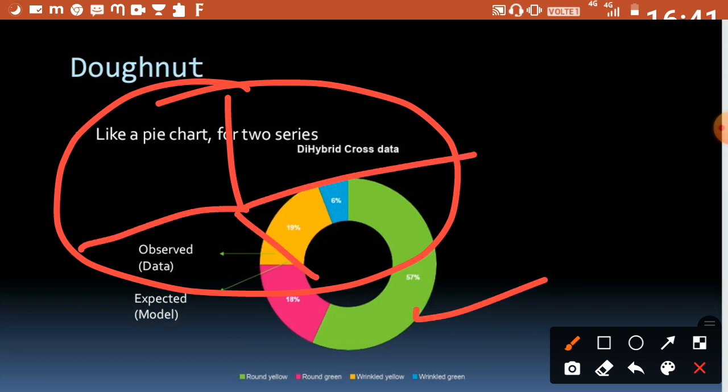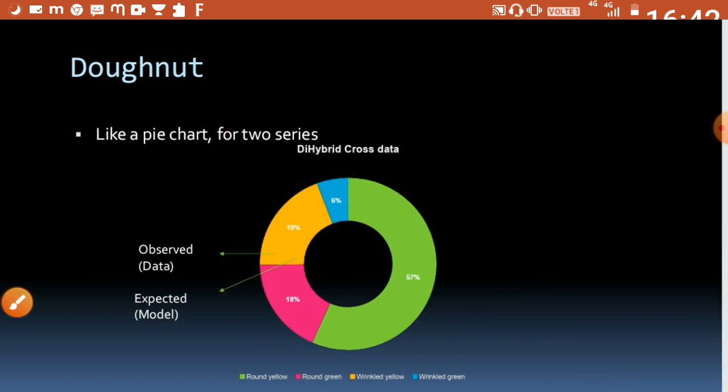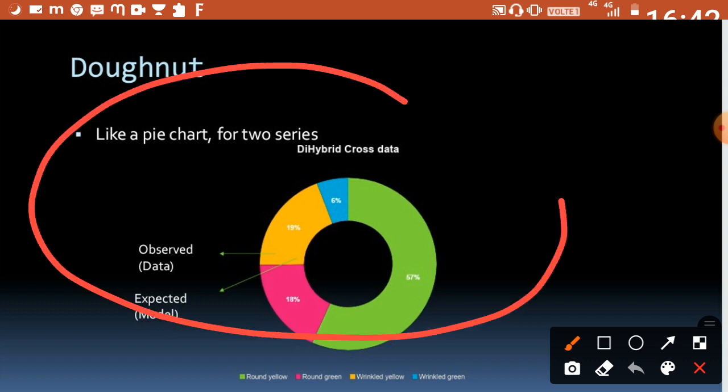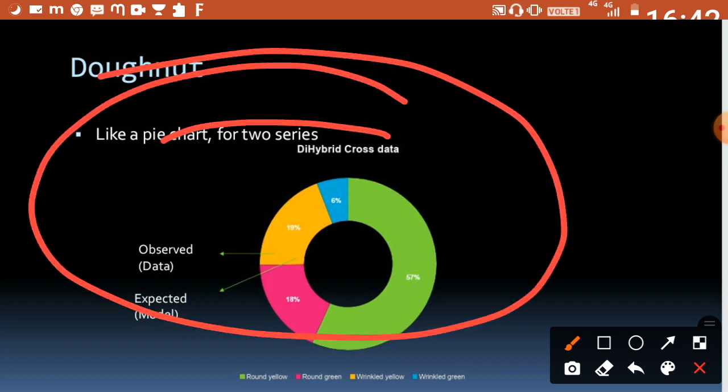But here the donut chart is a bit different. It looks like a donut. It is in the shape of a donut, right? That's why it is a donut chart. So how do we represent data through the donut chart? By the way, what happens in the donut chart is that, okay,